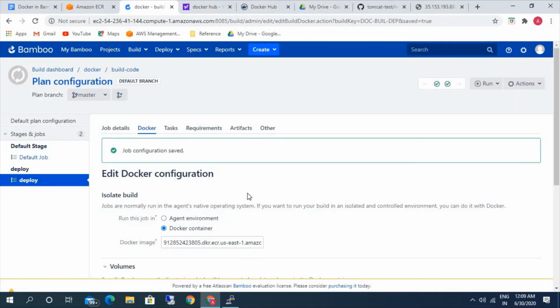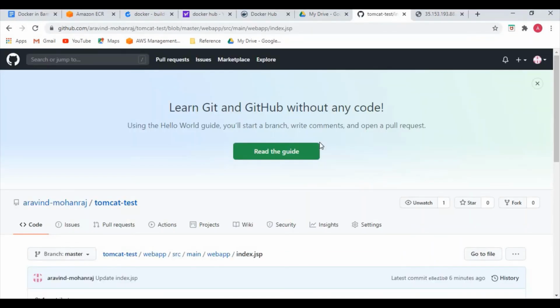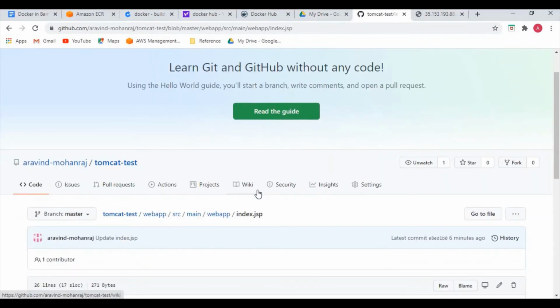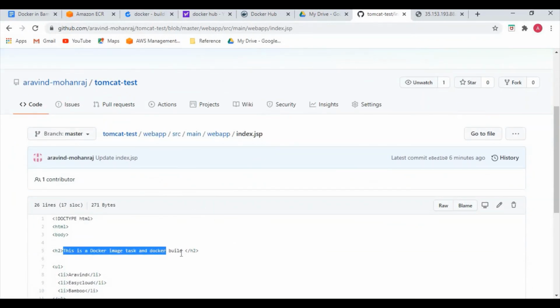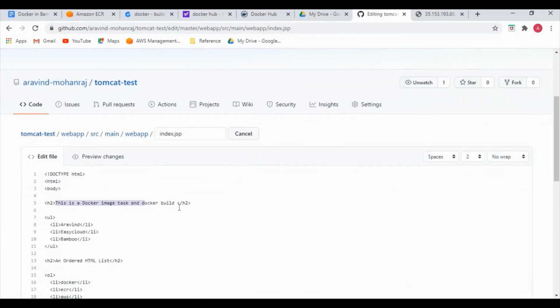Okay, configure. So let's make the changes in the Git. Okay, let's make changes in this here. So let's give this as AWS ECR image build test, something like that, and you can just change this information here.